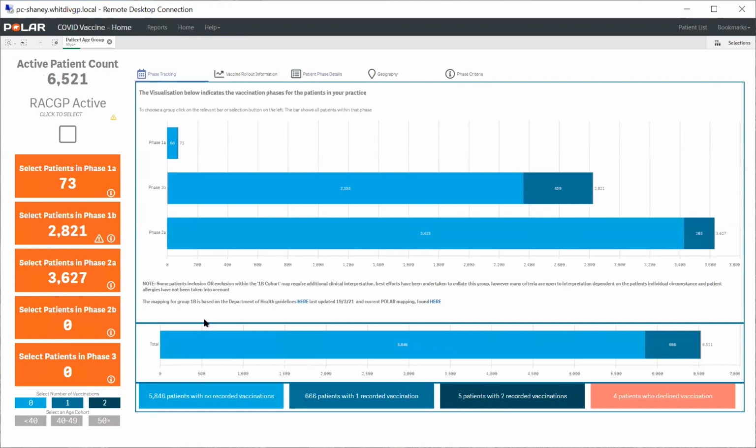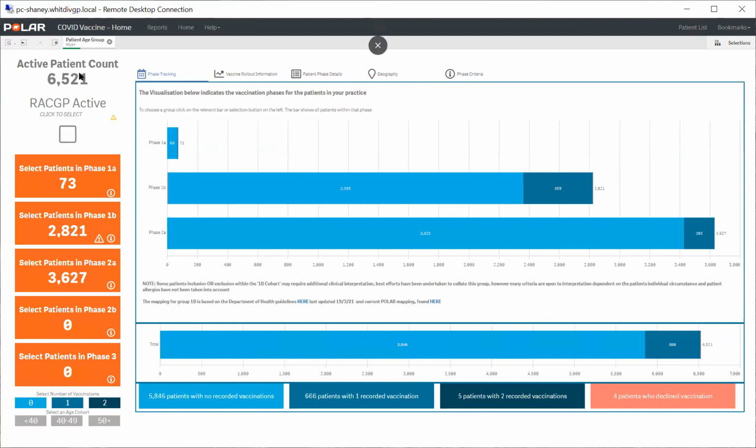Now we do pick up obviously where they sit with the status of the vaccinations. So down the bottom here on the phase tracking page, we have our group of patients who've got no recorded vaccination. We have a number of patients here with 1 recorded vaccination, and then we have 5 with 2 recorded. And as Matthias correctly pointed out, in Medical Director practices, some declined patients as well will be coming through. We actually have seen some patients come through with decline from other softwares, but it's a mystery as to how they managed to mark that. I haven't yet identified how they get in there to start with.